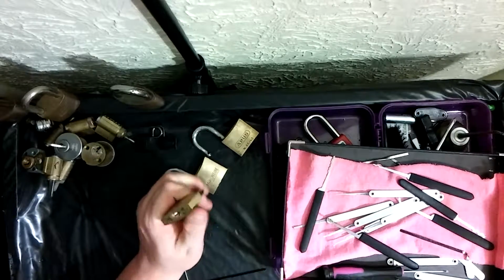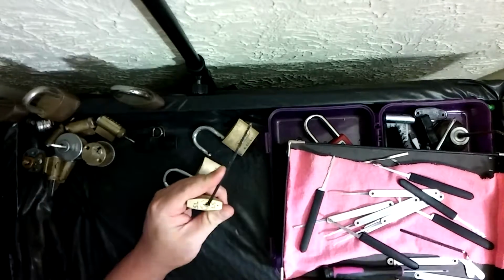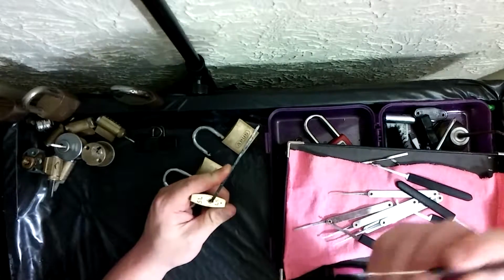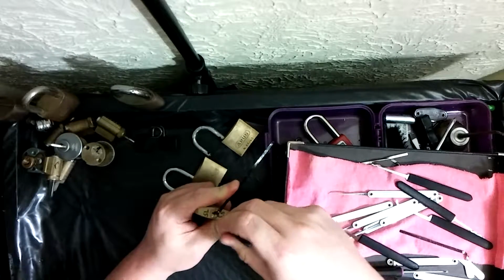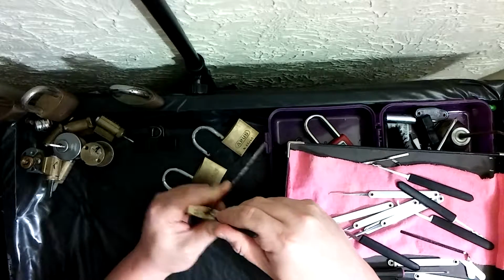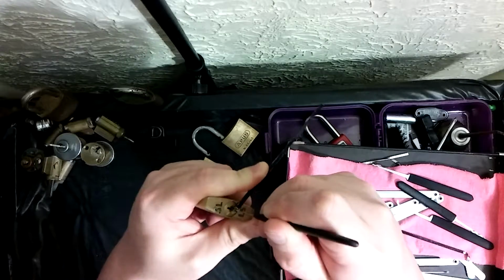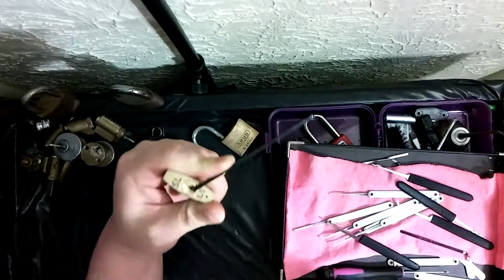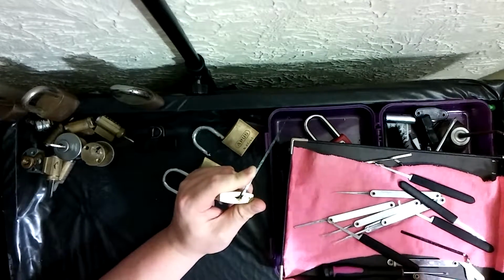But it's brass. So I spent some time today at work. I get paid to pick locks, right? What I found I like to do is take my city rake and use a lot of tension, a lot of tension, and just work my city rake in. Hope you guys can see this. Just gotta work it in until I get my false set. This is where it gets tricky. So I got my false set,